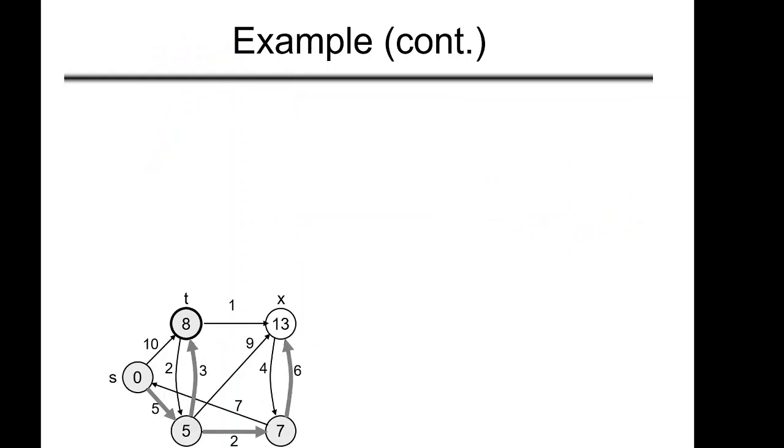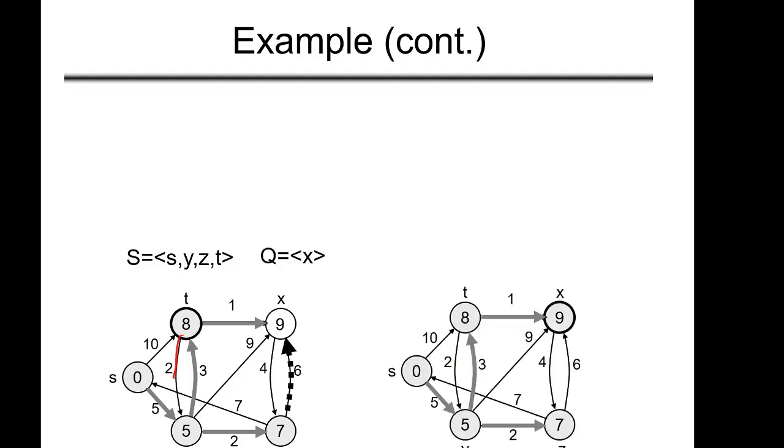T basically. Okay, so we will pick T, and then we will try to update or relax TX edge, because this is the only edge remaining to relax, right? This is already done. Okay, so we will do that, and then you can find out that we can remove this, because if we go to X via T, it will give us 9 weight, right? So we will update this weight, and after V iterations or V minus 1 iterations, right, Q will become empty,